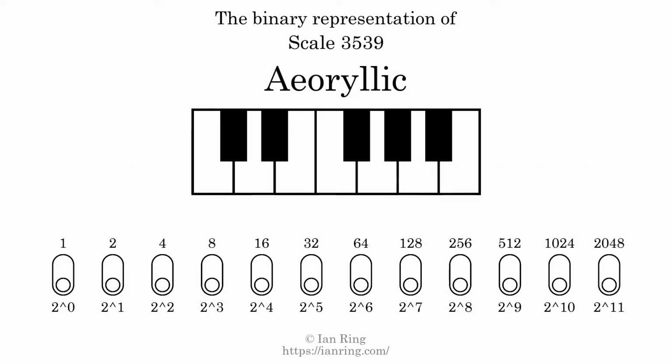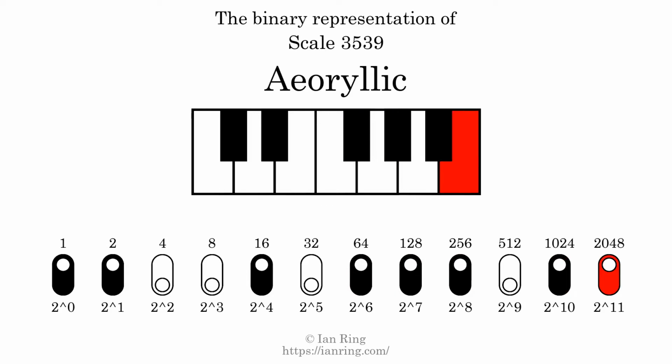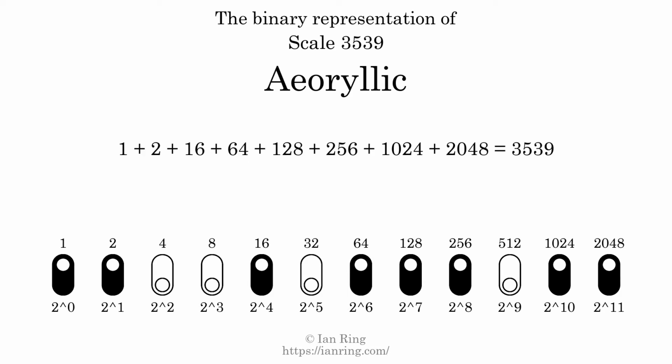The binary representation of this scale is determined by mapping tones of the scale to binary digits. Each binary digit represents a power of 2. To get the scale number, we add the powers of 2 together. The powers of 2 that are present in the scale, all added together, equals 3539. That is why the scale number, in decimal, is